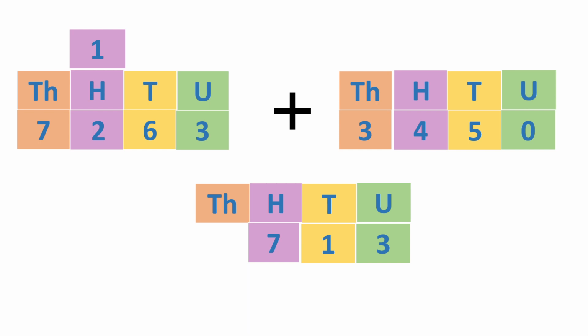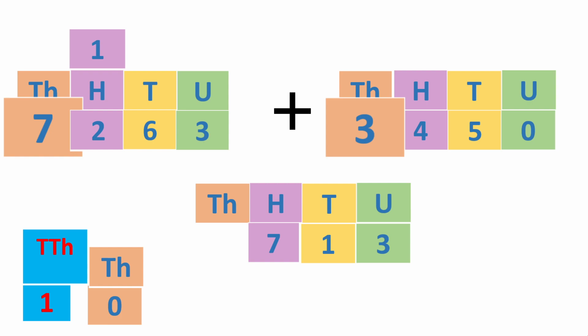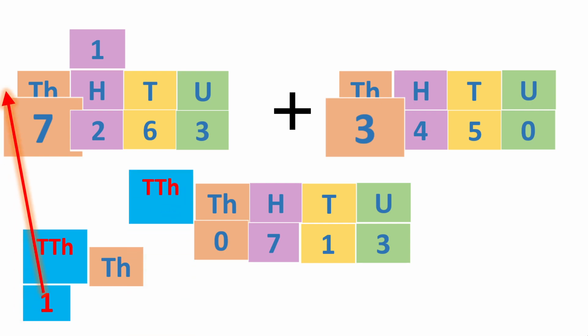We shall add thousands now. We have 7,000 and 3,000. The sum of 7,000 and 3,000 is 10,000. Again 10 is a 2-digit number. It cannot stay in the thousands house. We have to split it up. We have learned to regroup the numbers. Here 10,000 has 0,000 and 10,000. 0,000 will go to the thousands place and 10,000 has to go to the 10,000's house. But we have not written there. So let us put it in the answer.